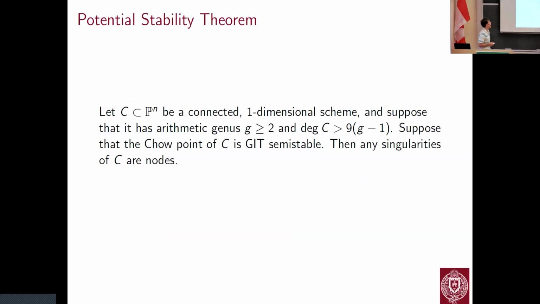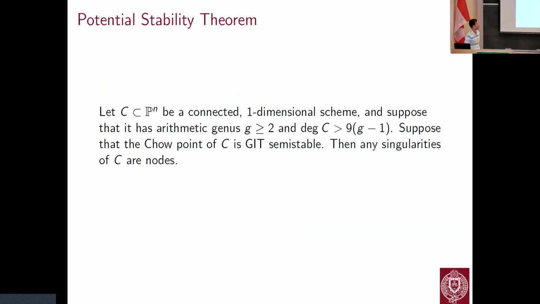Okay, so what are some interesting examples? Let me just start with this old theorem due to Mumford and Gieseker. If you take a connected one-dimensional scheme of arithmetic genus g at least 2, and suppose that its degree in projective space is at least 9 times (g minus 1),